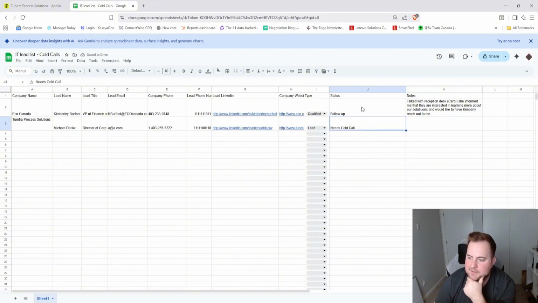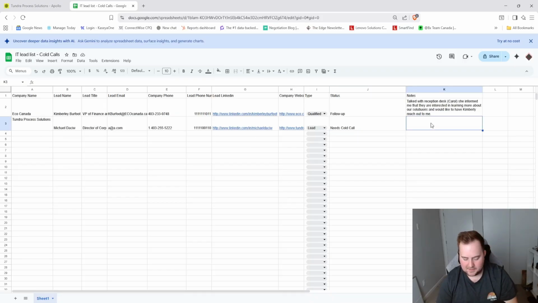And of course we can use the same sort of drop down parameters here for whatever parameters you have set up. So if you want status to be follow-up, needs cold call, left voicemail, that sort of thing, you can definitely come through and just either do the drop downs again, or in my case, I like to have my statuses fillable. So let's say I called Tundra Processing Solutions, and let's say I talked to Michael,